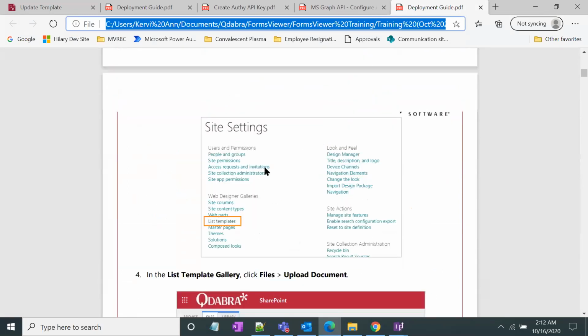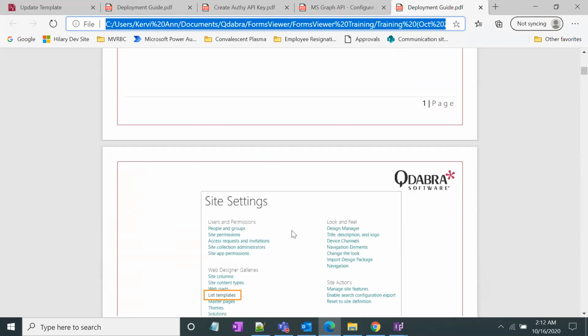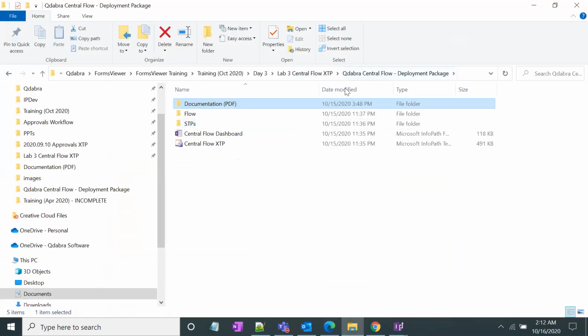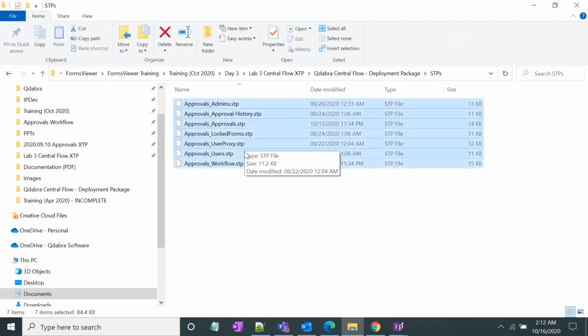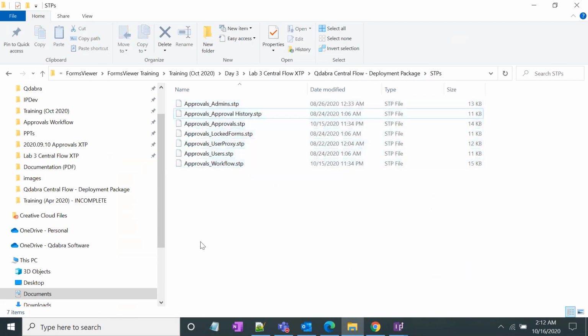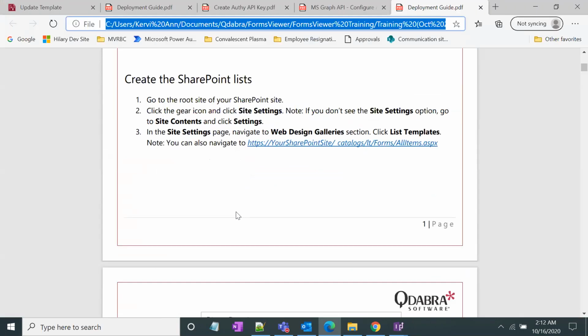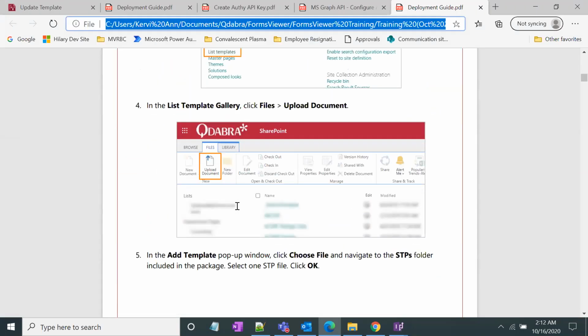Those are in here. Let's see. In the deployment package, we have the STPs. So these are all the lists that you need to upload to your site. I know there's a lot of lists. But once they're uploaded, it's just going to use those for all the forms, right? So that's the beauty of this, the centralized approach. And it's really just 10 minutes to add to each form, and then you get the consistent UI,